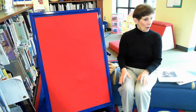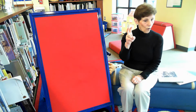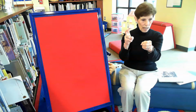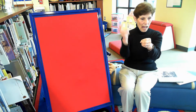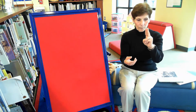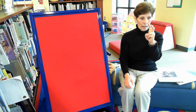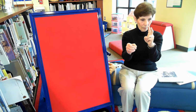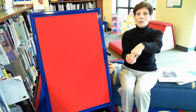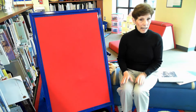Okay. Well, now we're going to do this. Here's a bunny with ears so funny, and here's his hole in the ground. At the first sound he hears, he pricks up his ears and jumps in his hole in the ground. Now let's do that with our other hand, okay? Here's a bunny with ears so funny, and here's his hole in the ground. At the first sound he hears, he pricks up his ears and jumps in his hole in the ground. Yes. All right. Now, we have our last book,